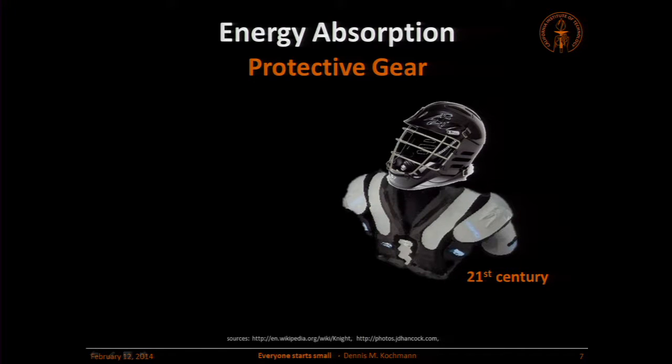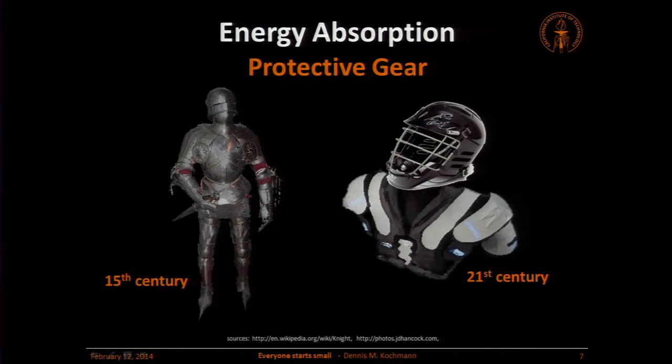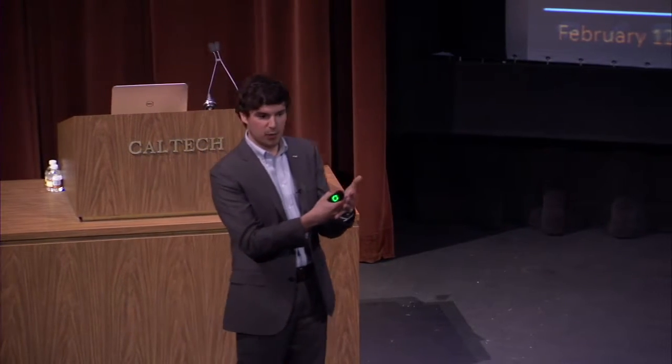But there's also applications where metals are not good at all. There's a reason why sports gear looks like this, and not like it might have some 5 centuries ago. Can you imagine a football player wearing metal armor? During a severe impact, a hit in a football game, the acceleration can be more than 10 times higher than what an F-16 fighter pilot experiences during a roll maneuver. This is an enormous impact energy that comes onto the player that must be absorbed. If the gear does not absorb it, it goes all the way onto the player.